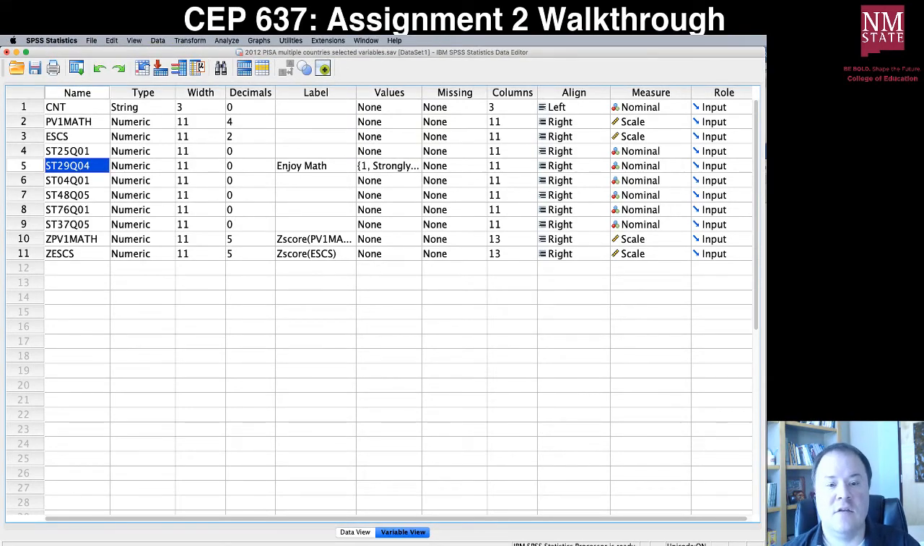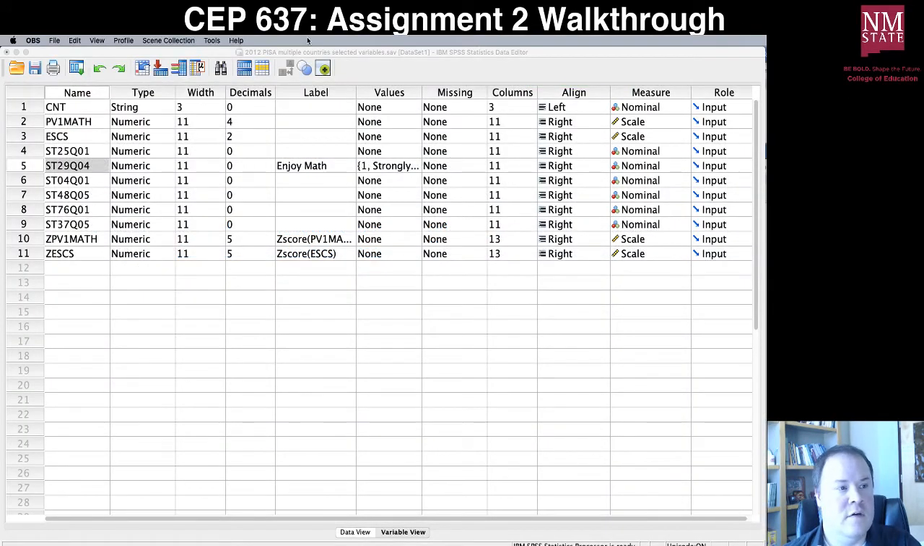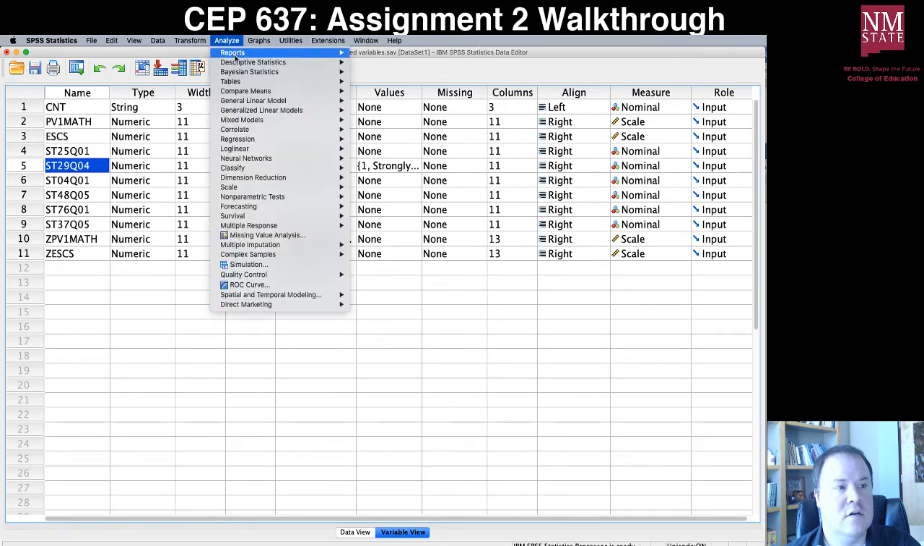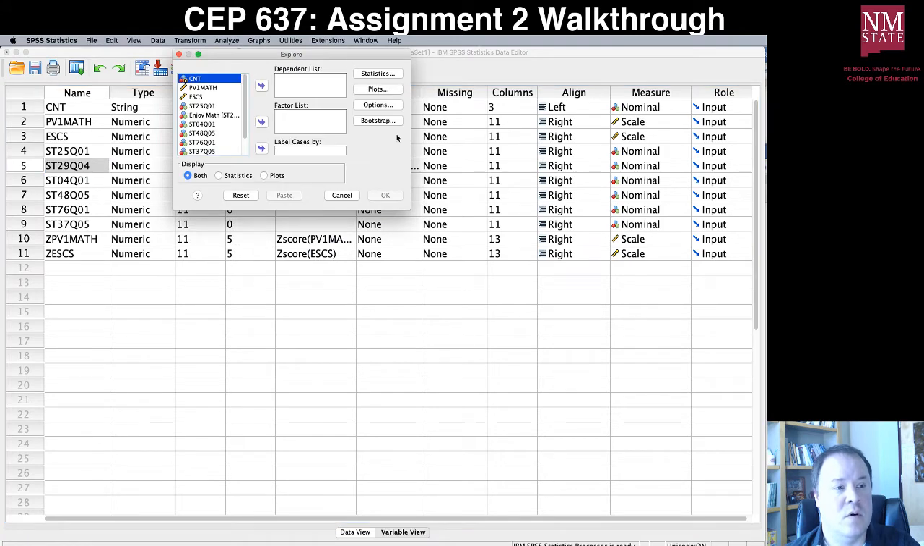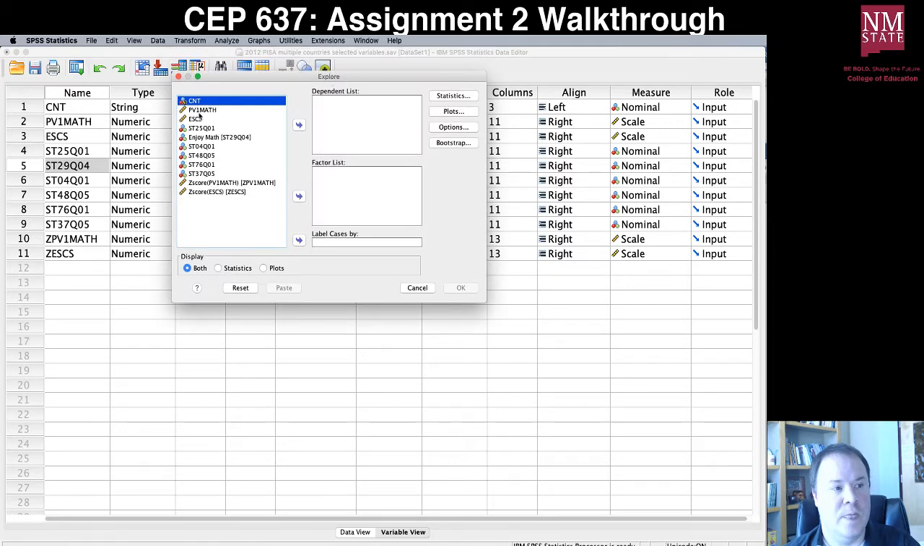So if we're trying to answer the question, and let's look back at it, what differences, if any, exist in students' math scores based on how much they reported enjoying math? The first thing we want to do is examine whether our assumptions are going to be met, and look at the center, spread, and shape, which helps us examine the assumptions. So actually first, I'm just going to look at PV1 math overall and see if there's any issues just with PV1 math. So if I do that,